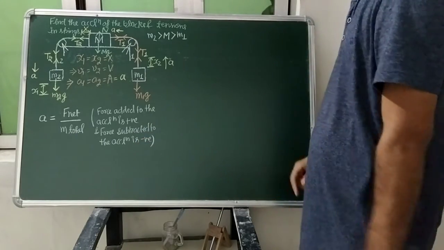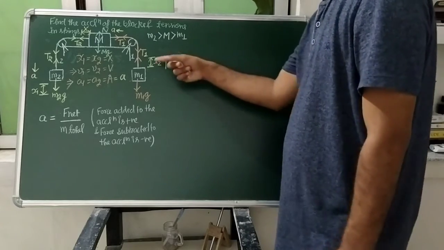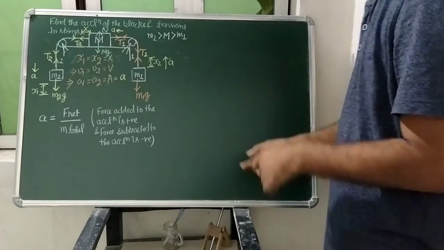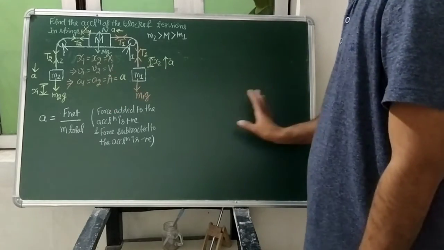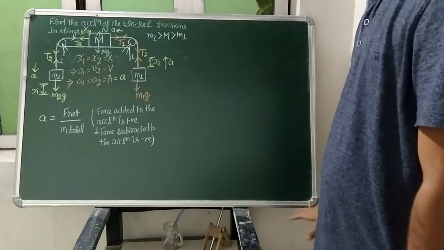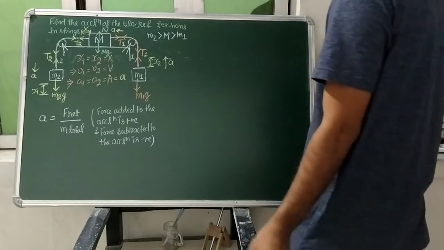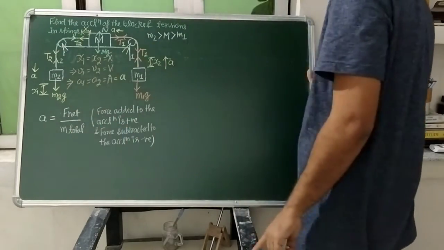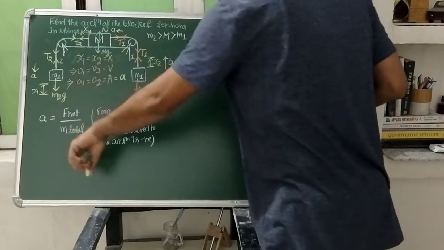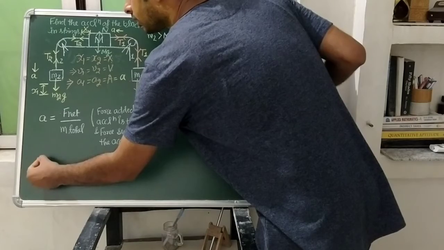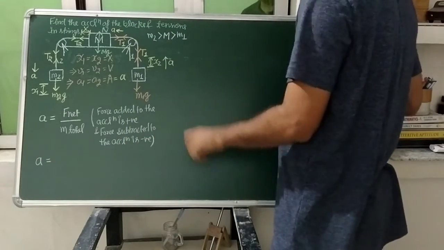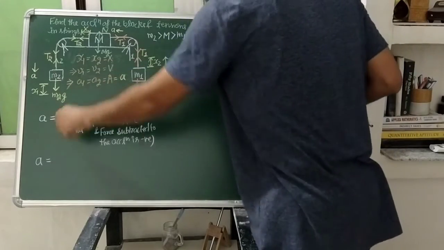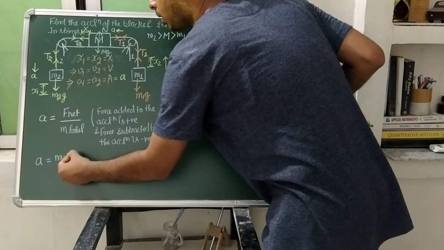And which force will you take into account? Only the gravity force. You are not going to take the tension forces into account when you are writing the expression of acceleration directly. So you are looking at this, M2G is going to be added in that acceleration. This force M2G is going to be added in that acceleration. So this A should be equals to F net. We will not take the tensile forces into account. So M2G is going to be added in that system, so that will be positive M2G.